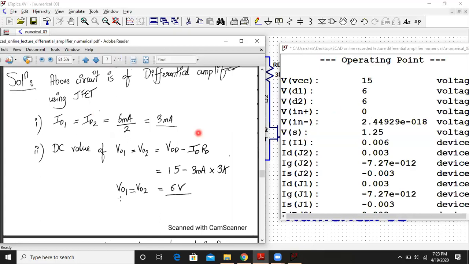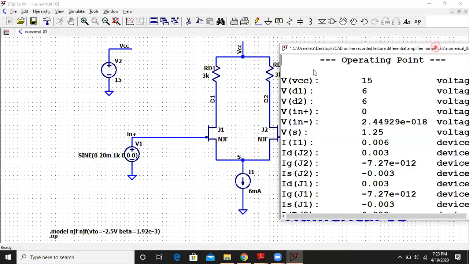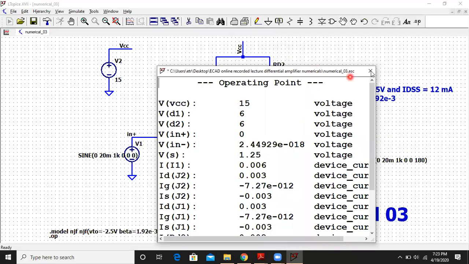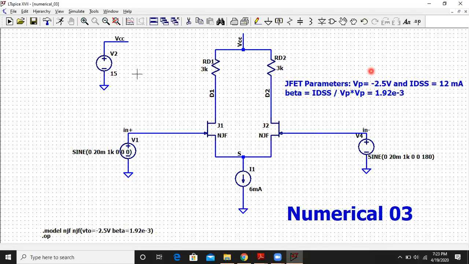Next was VD1 and VD2. That was coming out to be 6 volts. So here also you can see exactly it is 6 volts. So our DC parameters are exactly matching. Now let us check the